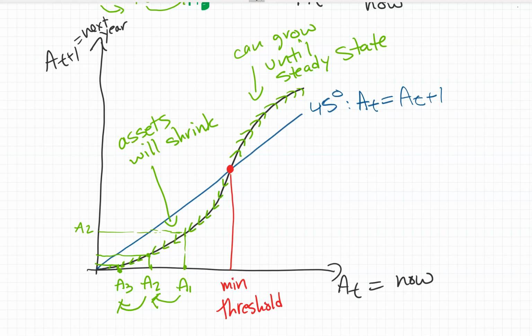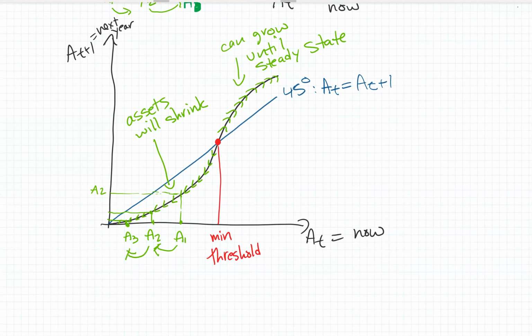That's what we call a poverty trap. This side over here is the poverty trap. If you start there, your assets are just too low, and you're just going to get poorer and poorer. If your piece of land is too small and you can't produce enough, then you have to start selling little pieces of land to buy food, and pretty soon your land is going to get smaller and smaller. It's not enough to support you, and you fall deeper and deeper into poverty.